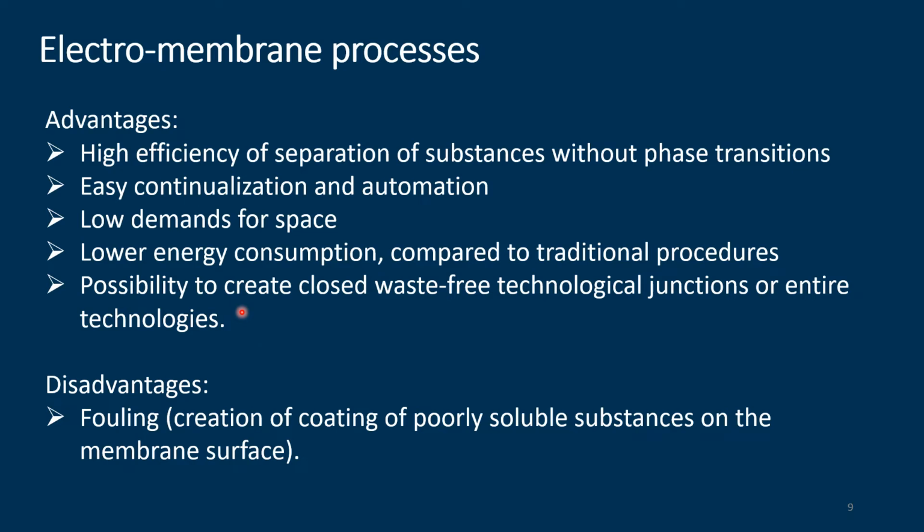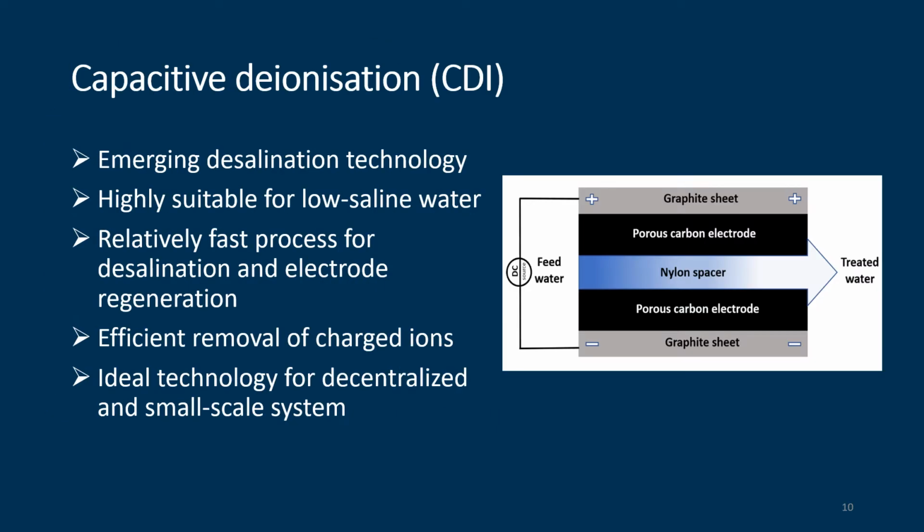Of course, every technology has a disadvantage. So this electrochemical process has the disadvantage of membrane fouling, the creation of a coating of a poorly soluble substance on the membrane surface. So we also need to develop how to improve the overall fouling mitigation. And that's the general agenda of